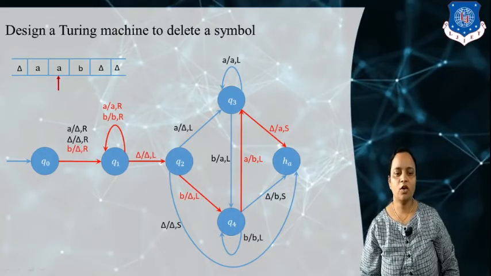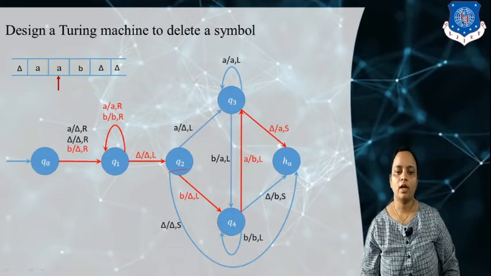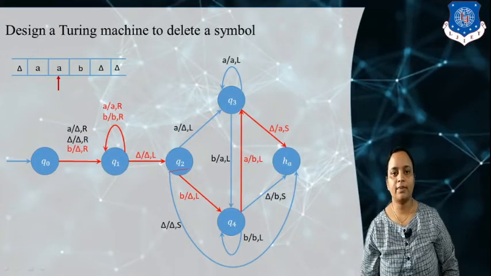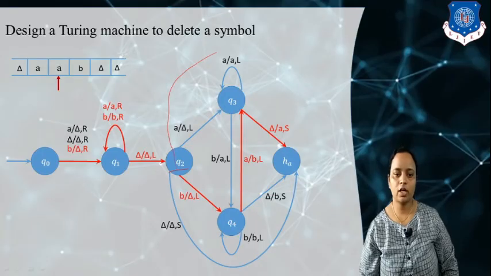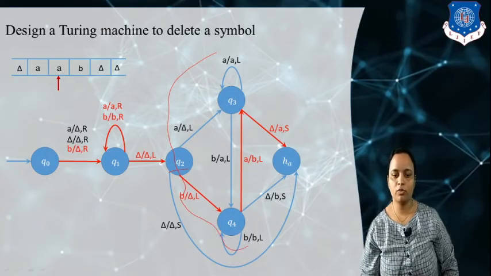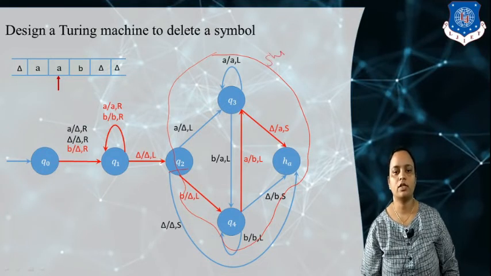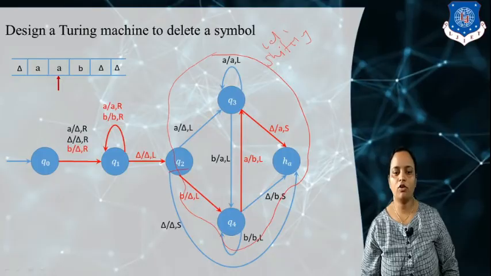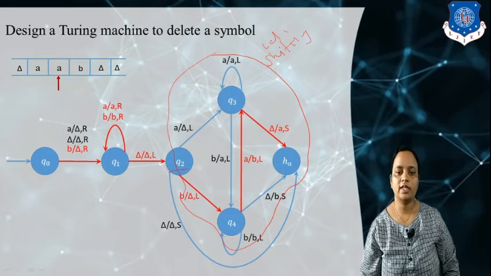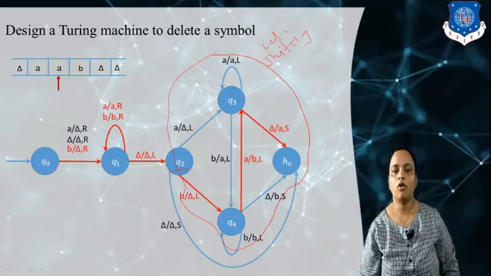Now if you see over here, we have mentioned at Q2 state, if delta comes, it moves directly to the halt in accepting state. It means that it moves to an accepting state. If you see this portion at Q2 state, the whole portion is performing a shifting operation, left shift. If the B path is followed, so this is B and this is my A, like this.